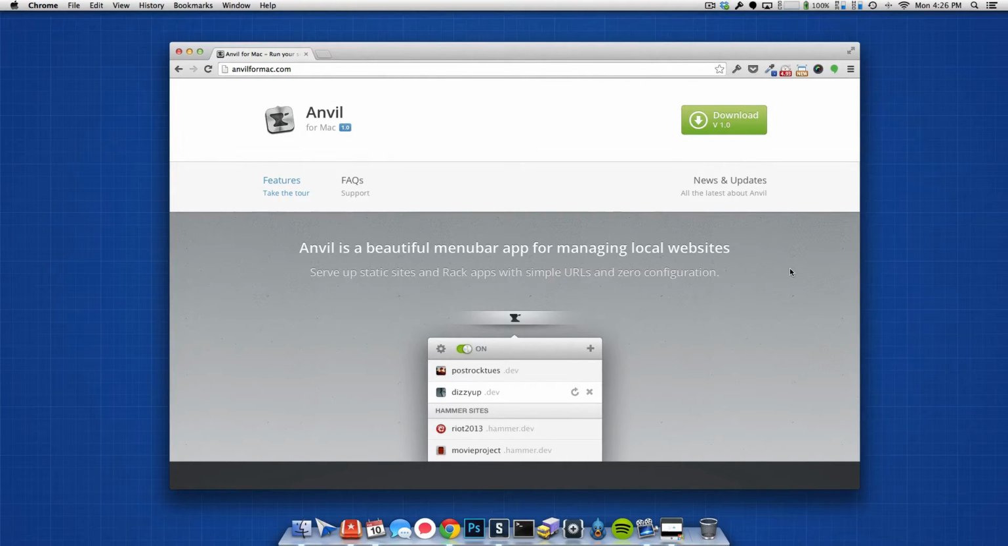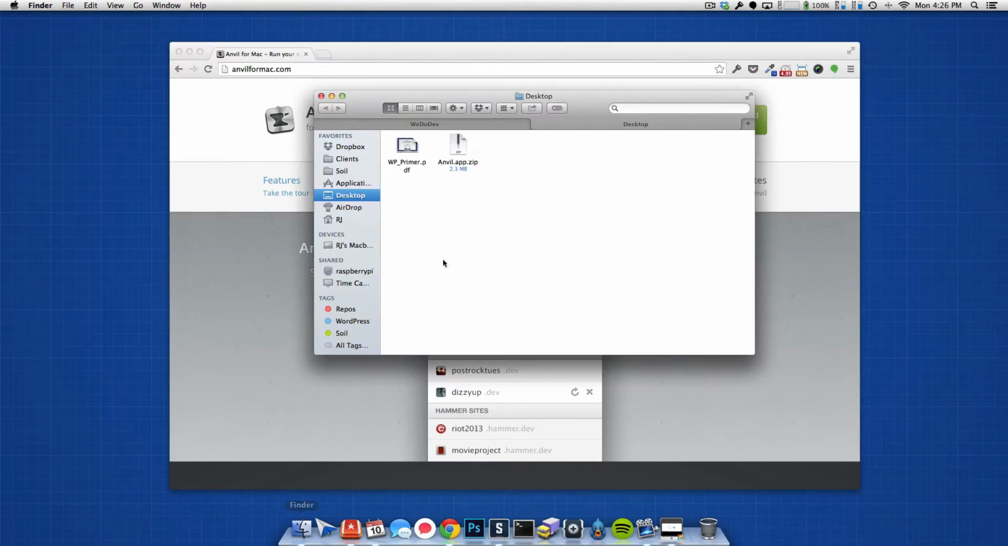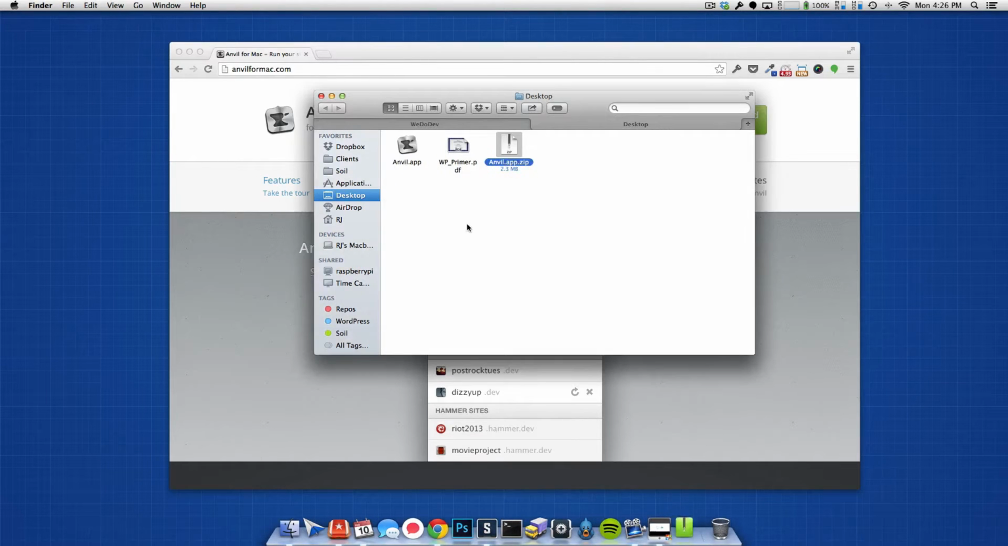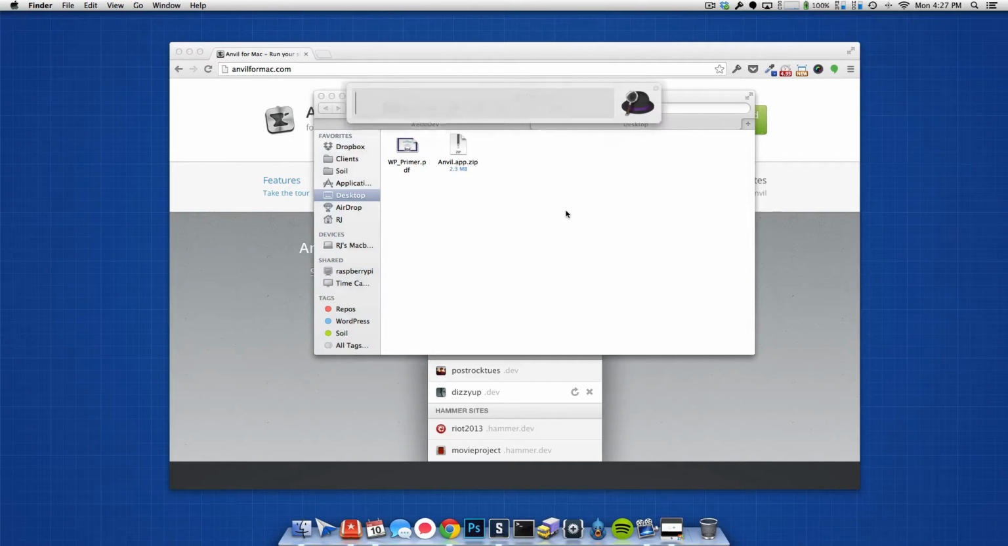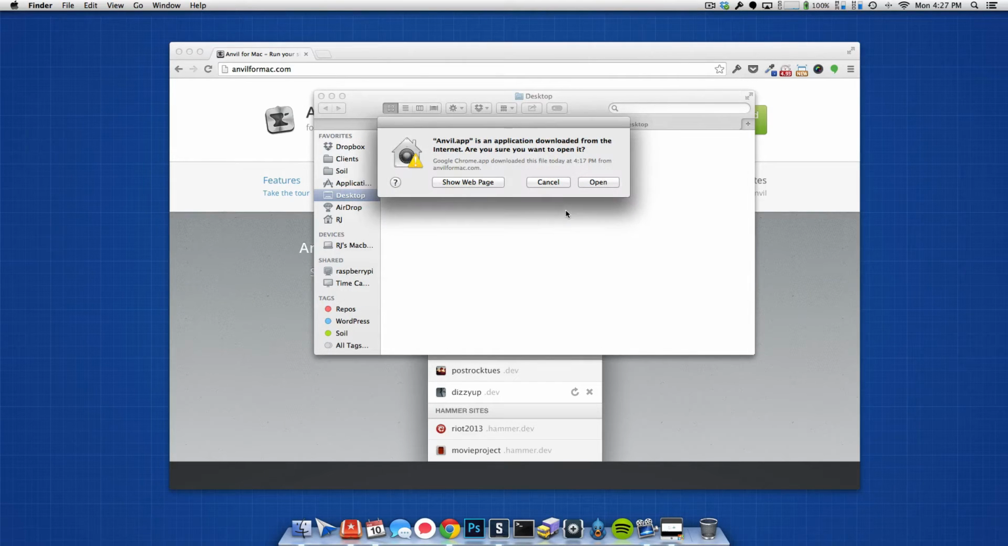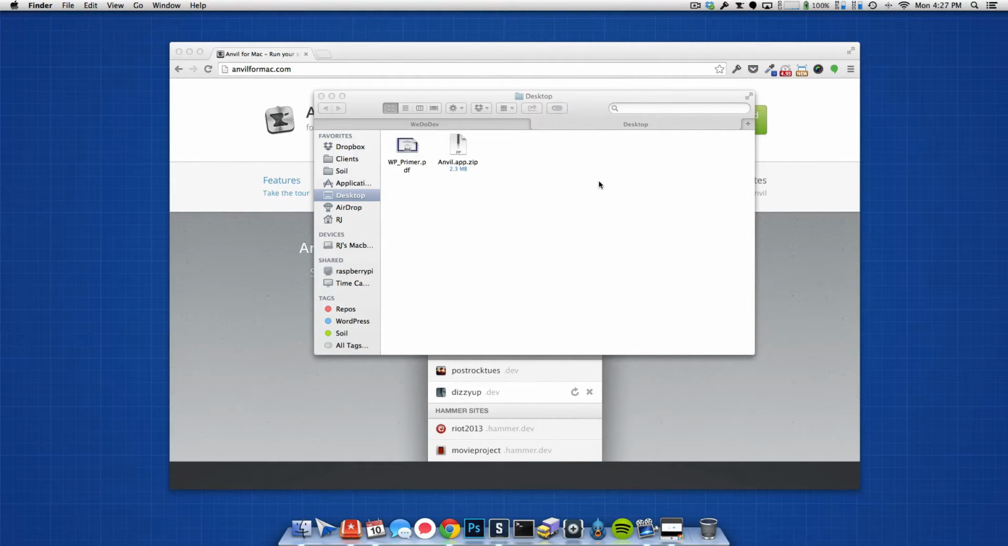And you can grab this at anvilformac.com. I've already downloaded this. So when you download it, it's going to give you a zip file. I'm just going to unzip this, and here's our app right here. We're going to drag this to our applications to install it, and the first thing we're going to do is fire it up. So we're going to open Anvil,